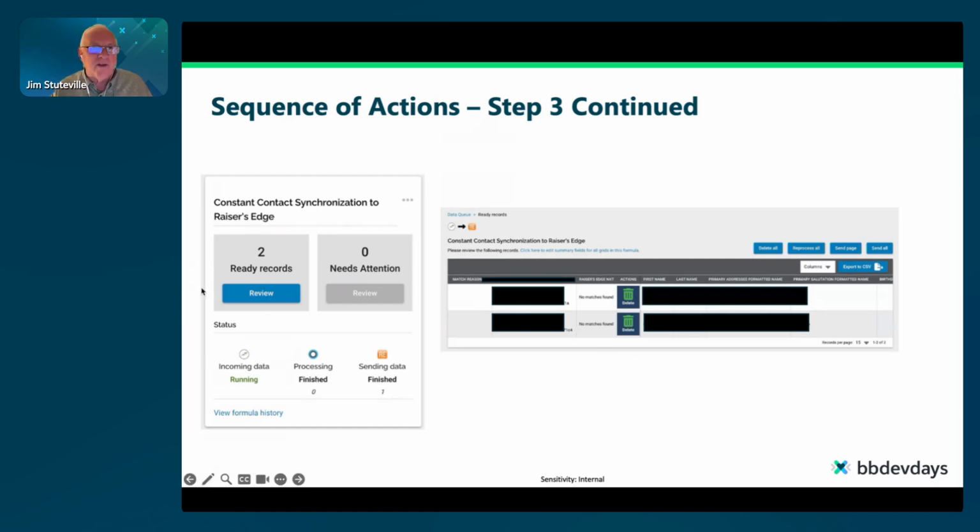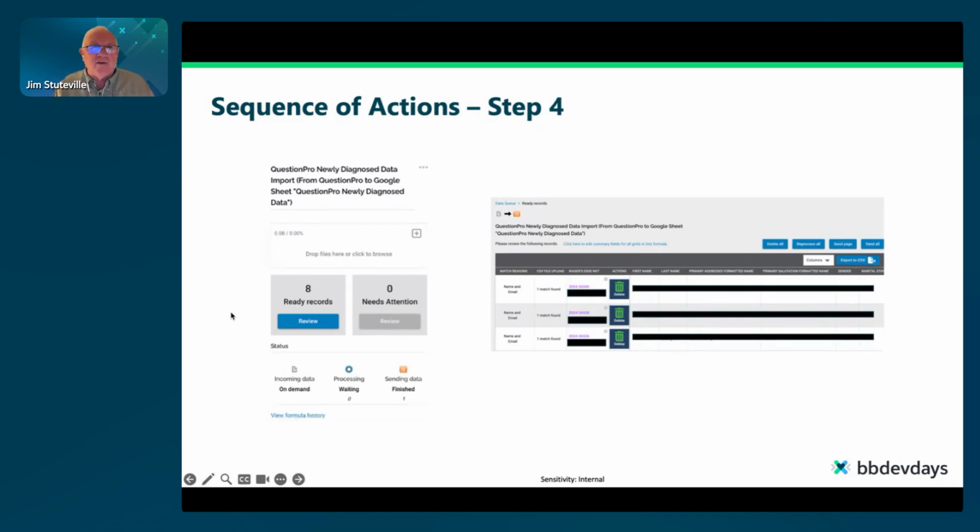So the way this works, the data is good. I look through it real quickly, and all I do is hit send all. Once I hit the send all button, that data flows immediately into Razor's Edge. You don't have to check it. It just goes. Now, I would periodically spot check data through this process. I would pick one record. If I sent 10 records into Razor's Edge, I would pick one record. And after this process was complete, I'd go into Razor's Edge and double check the record just to make sure that the process was working. Over time, the more I knew that the process was working well, the less I did this, but occasionally audits and spot checks are always good. And we all know